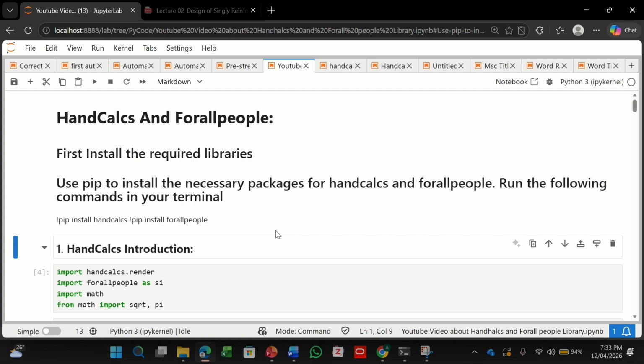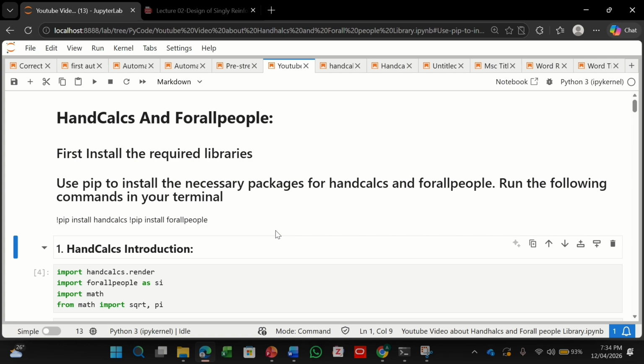In this video, we will just be going through the codes. I will not be solving it in front of you or writing code in this video, but in part 3 we will be solving a live example of a subject known as RCD. All civil engineers must know about this subject, so we will be taking a design example and solving it live using both libraries in Jupyter Lab.